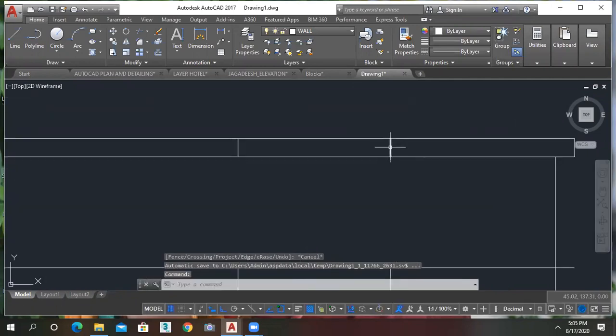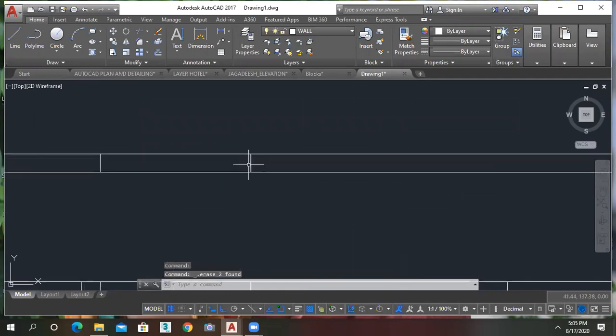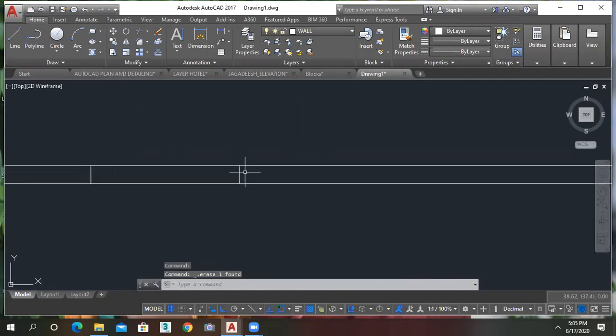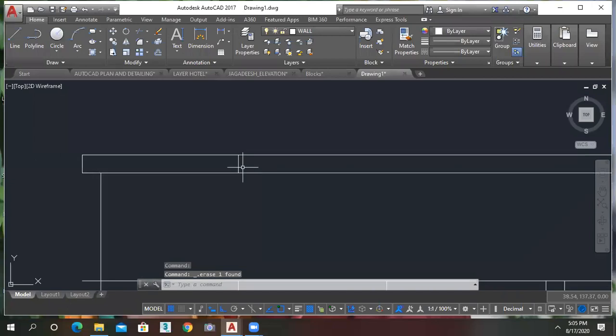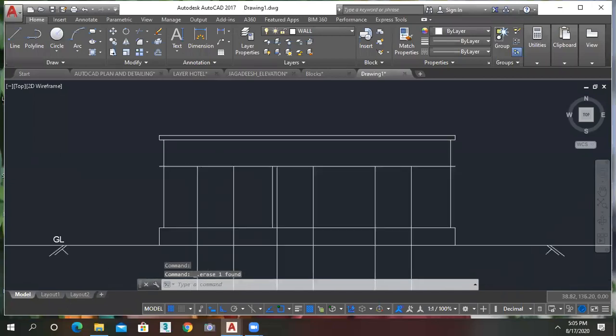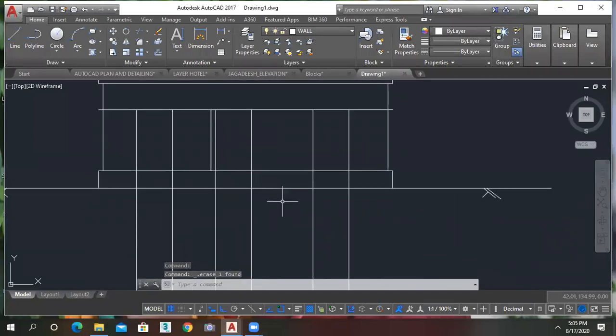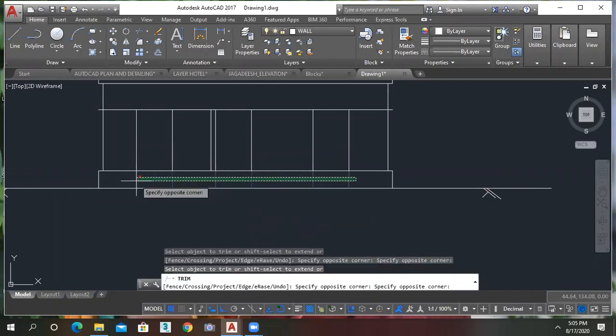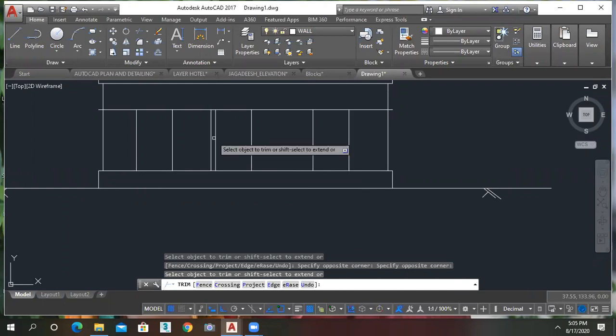And this will not trim, so you just delete that. This is also trim that.